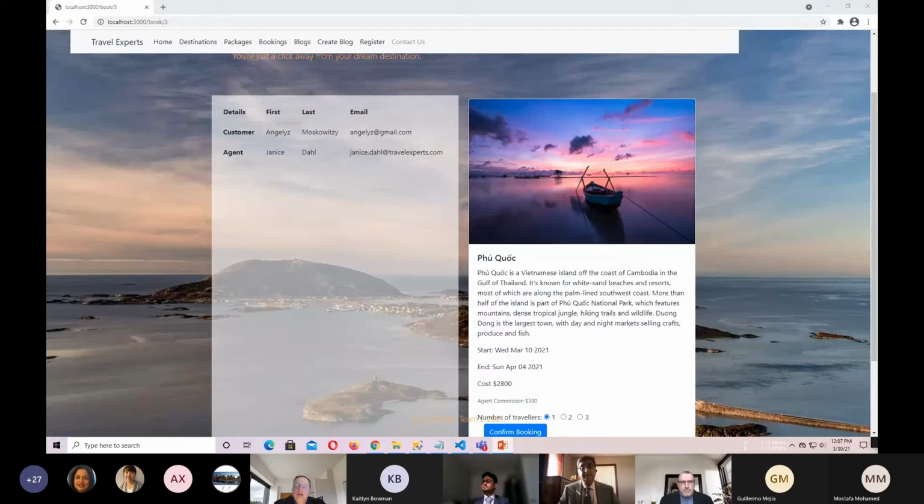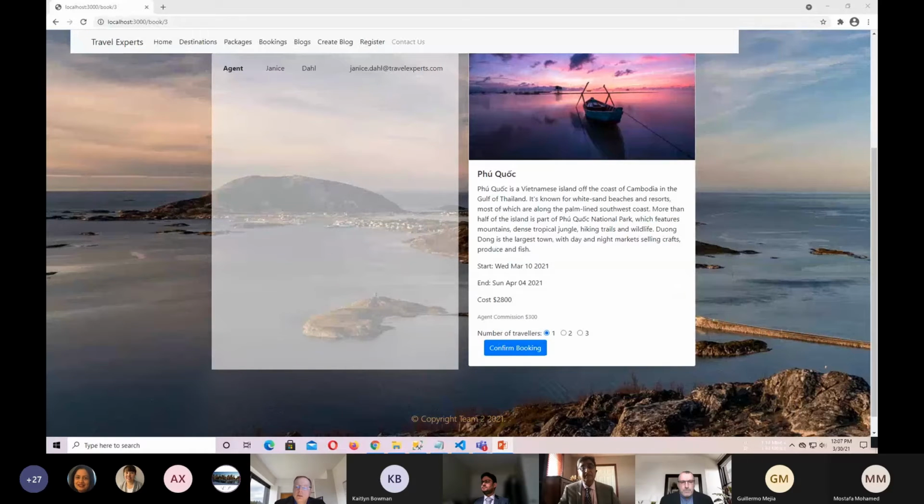Additionally, the agent commission is stated, and the customer has the option of booking 1 to 3 packages using a radio button at the bottom of the panel, right down here. When the customer clicks the confirm button, they are taken to